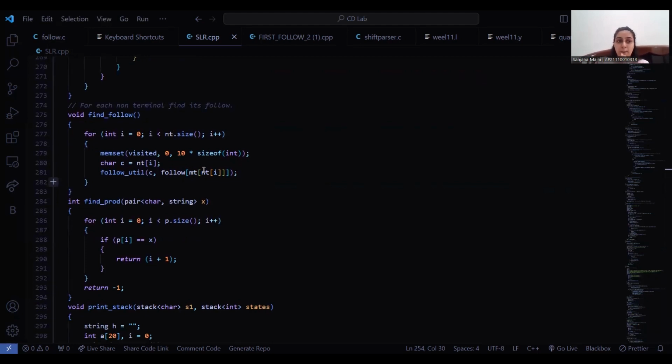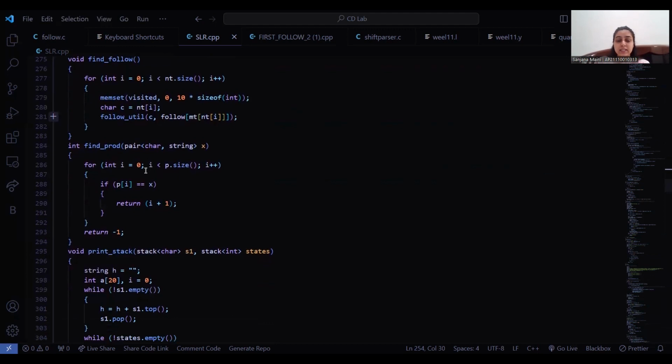This function basically computes the follow of every non-terminal symbol. So void follow, this is the declaration of a function that does not take any argument. Next, for i equal to 0, i less than nt.size(), i plus plus. As I already said, nt stands for non-terminal. So here it is a loop which goes through all the non-terminal symbols in the grammar, and memset(visited, 0, sizeof(int) * 10), which is to set all the elements